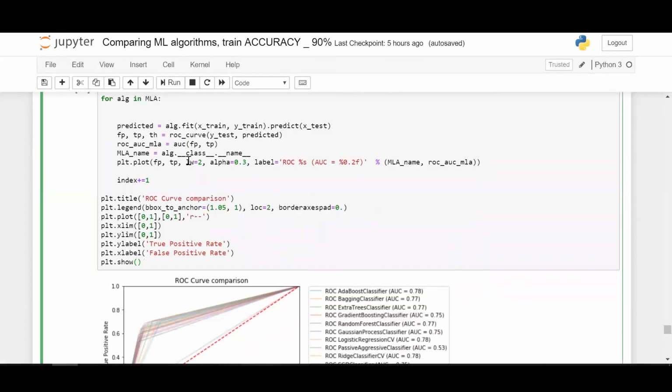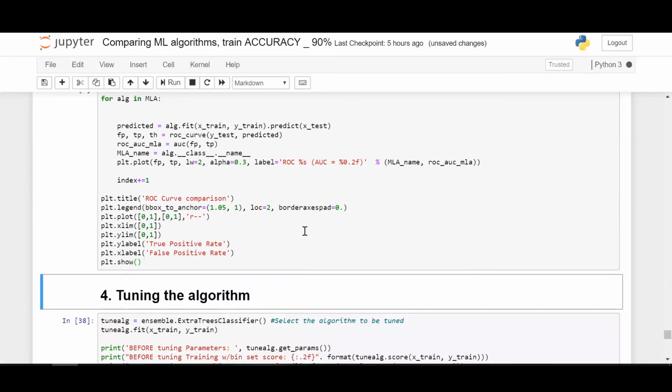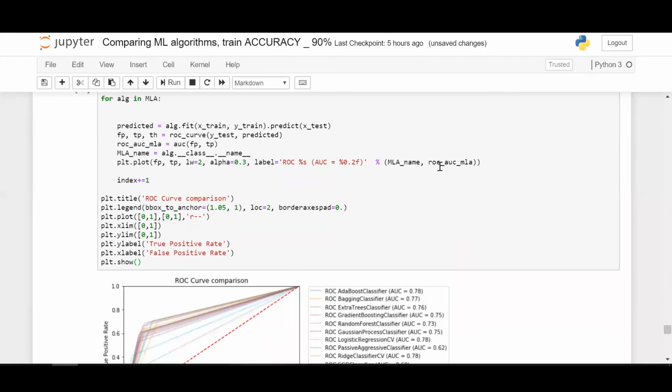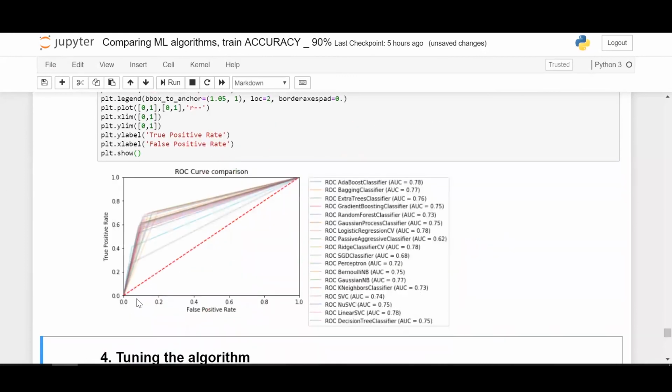This is just basic plt.plot, label it as so and so, and put in a legend of all the different algorithms. So this one has a legend of all the algorithms: AdaBoost, bagging, extra trees, and all. So this is the false positive rate on the x-axis and the true positive rate on the y-axis. So the higher an algorithm is here, the more it tends to the y-axis, right? The better results they're going to give. That means they are the better algorithm and the one you can choose for your future steps.